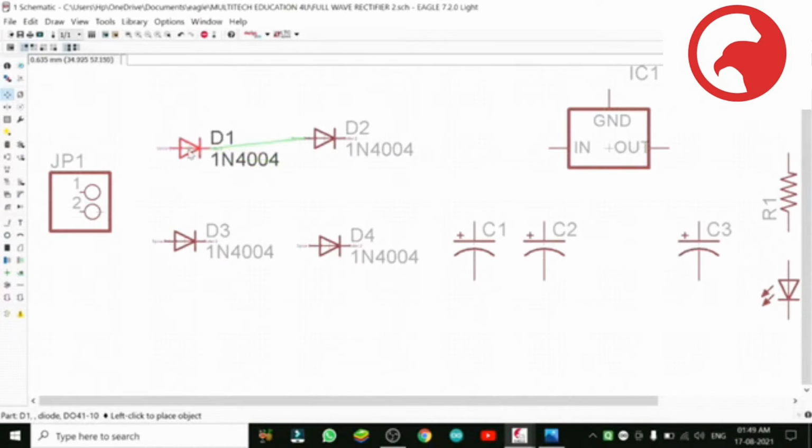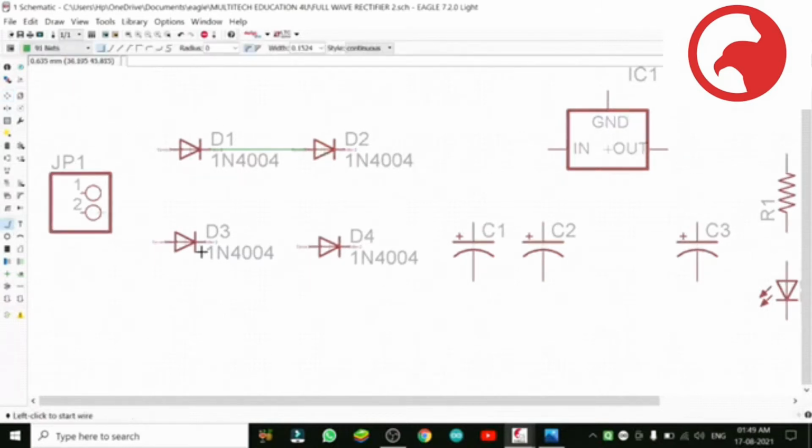If it was not connected, it would move independently and the wire would not move. You see, both are well connected. So always take care of these dots, from where to where you have to connect. Now see, select this dot, not going inside, not going outside, bring it there.